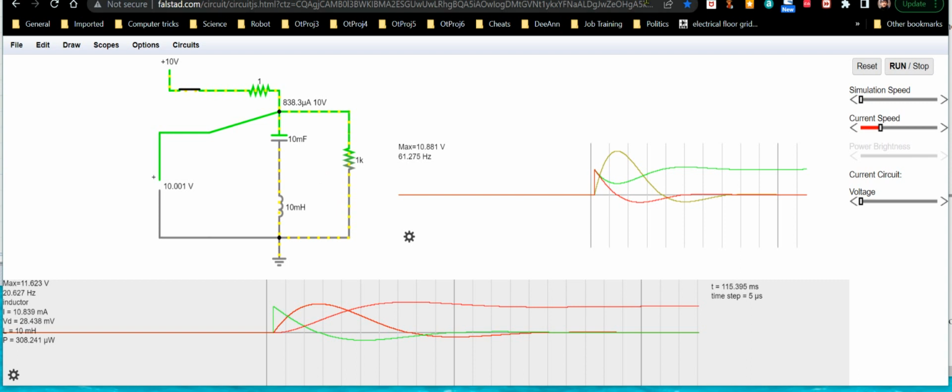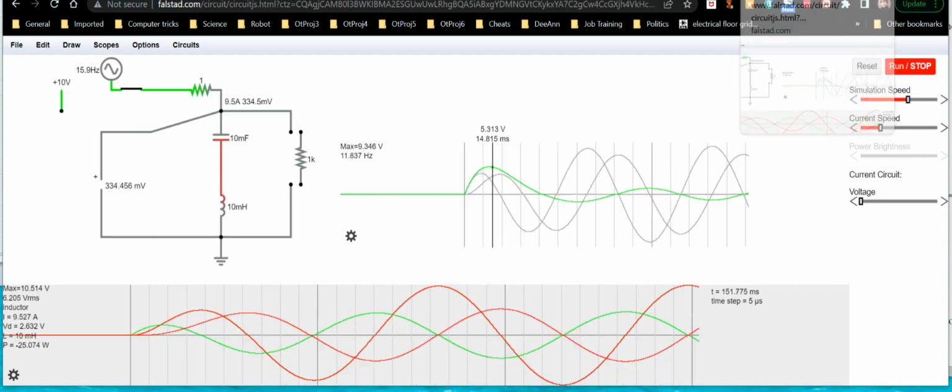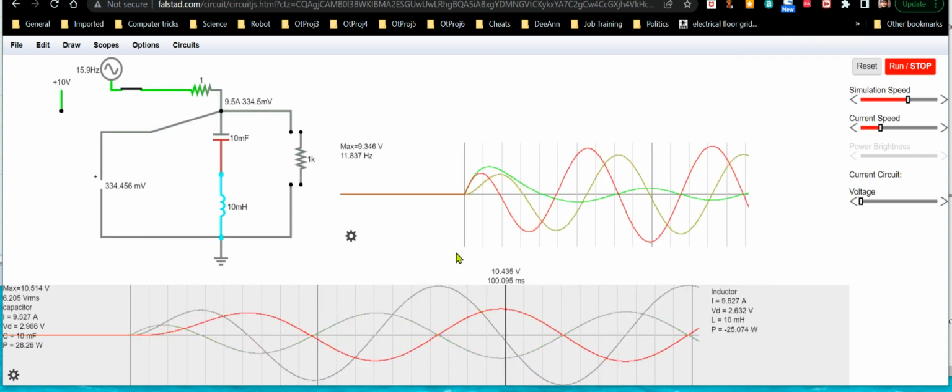But at any rate, that's the difference between a series and a parallel circuit. Again, a parallel tank circuit can have separate current waveforms for each component that are 180 degrees out of phase with each other, but they're all 90 degrees out of phase with reference to the voltage, whereas a series resonant circuit